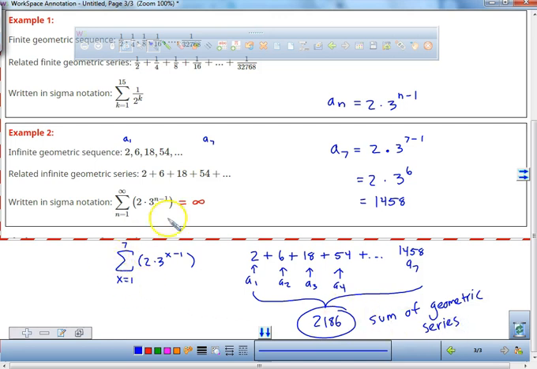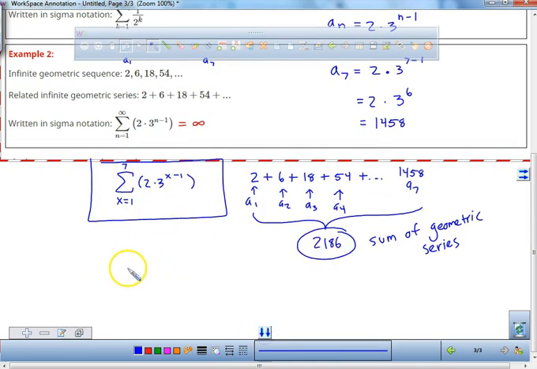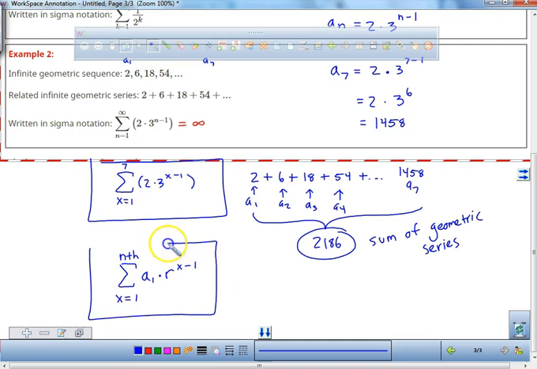Okay? This is the formula right here that we would use to find the sum of the geometric series. Now, what would be our standard formula? Here we go. We're going to say x equals 1. This is going to be whatever the nth term is. I'll put nth term, whatever the nth term is. And this right here is going to be your very first term times your common ratio to the x minus 1. That's what you guys can put into your journal